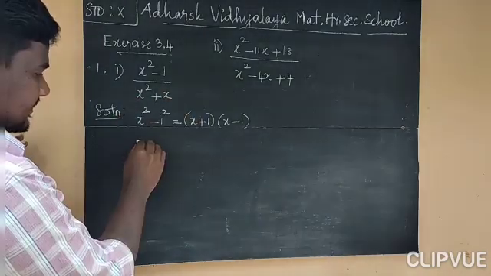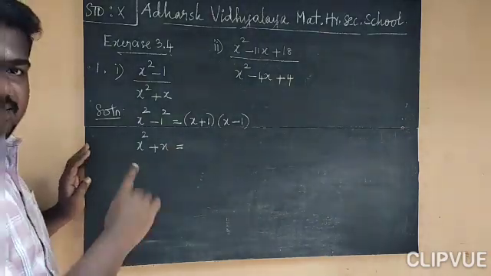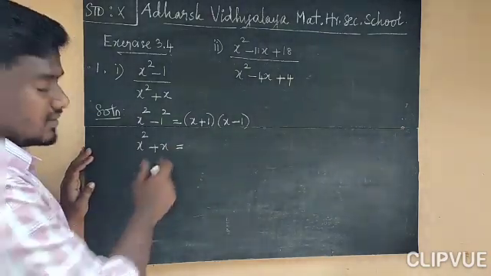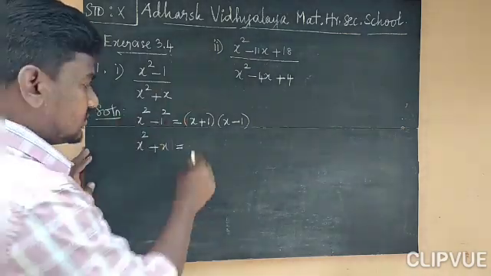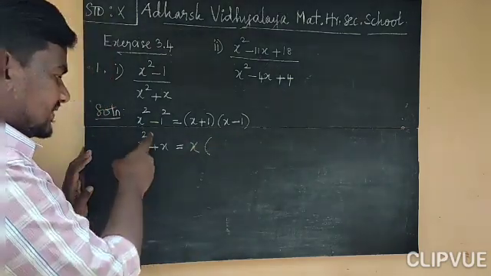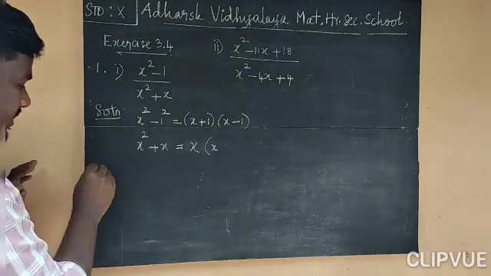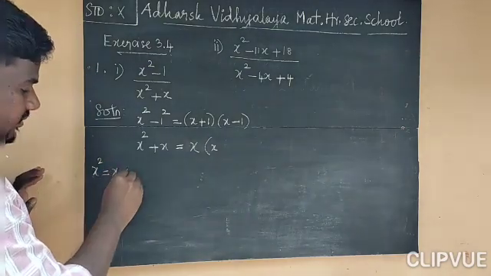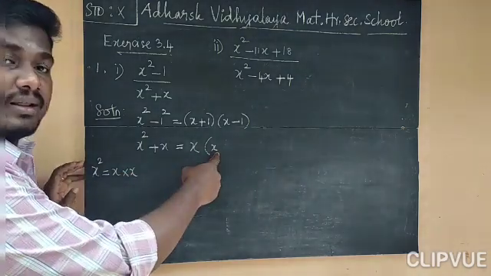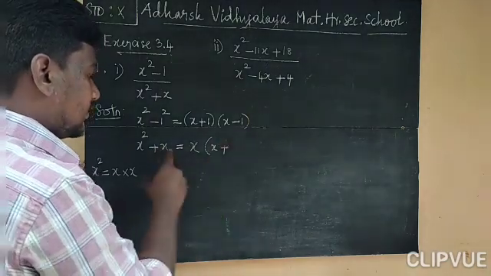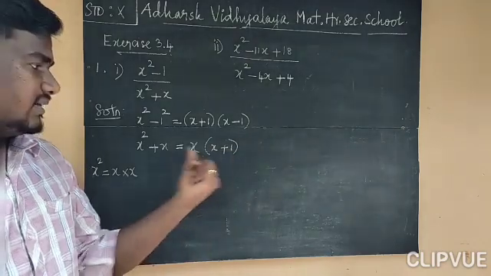Second, x square plus x. There are two terms in this quadratic polynomial. x is a common factor. This x is in the first term and in the second term. So we can take that out. If we take this x out from the first term x square, the remaining is one x. You know very well, because x square is x into x. If we take one x out, the remaining is one x. I replaced it like that. Plus here there is only one x, if we take it out, then 1 remains. So x into x plus 1. This is the factor form.